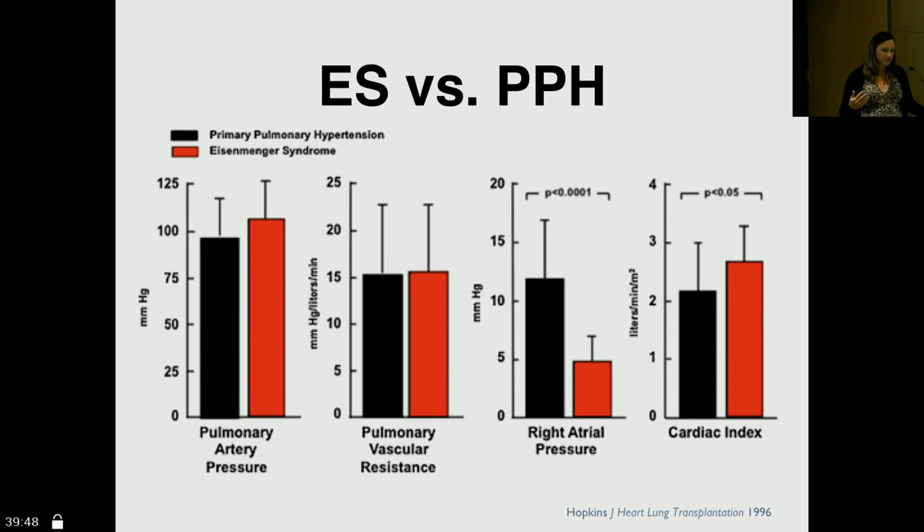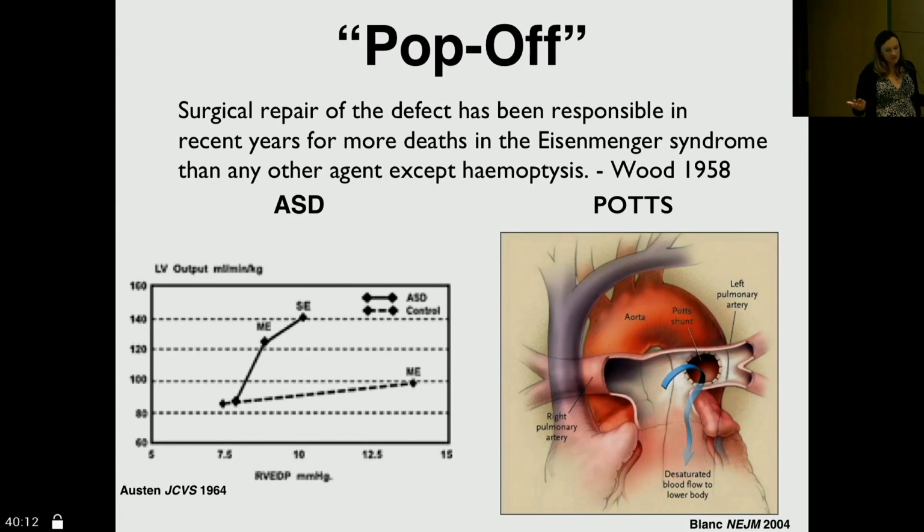I mentioned that these patients survive longer than idiopaths, but they do it despite having advanced pulmonary vascular disease. When you measure that by pulmonary artery pressure and pulmonary vascular resistance, they're equally elevated in these patients. However, when you look at indices of RV performance, their right atrial pressures are lower and their cardiac indices are slightly higher. So it could be simply that these patients have a pop-off,